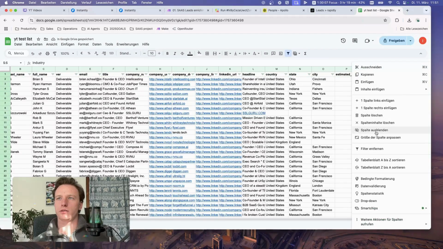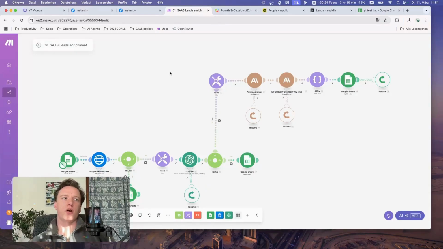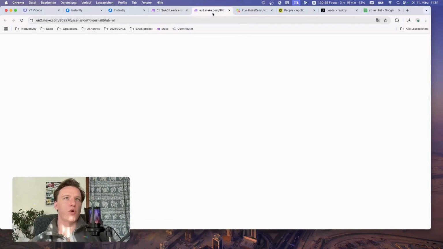And we add the pain point. And now we build a workflow that gets all of these, and it's basically this workflow, and I show you how to build it. So let's build this from scratch